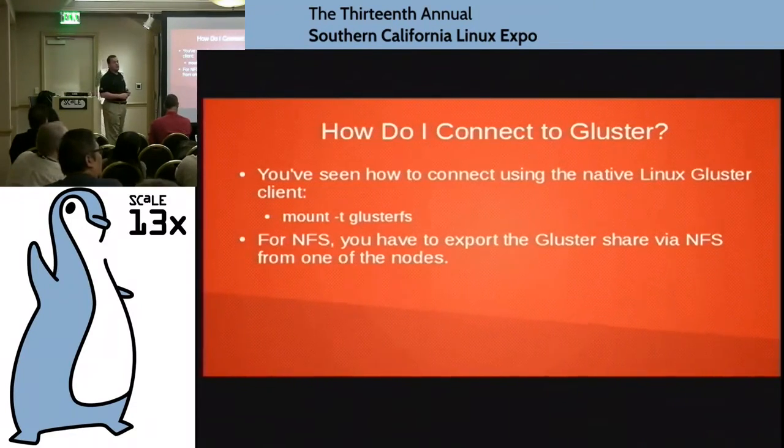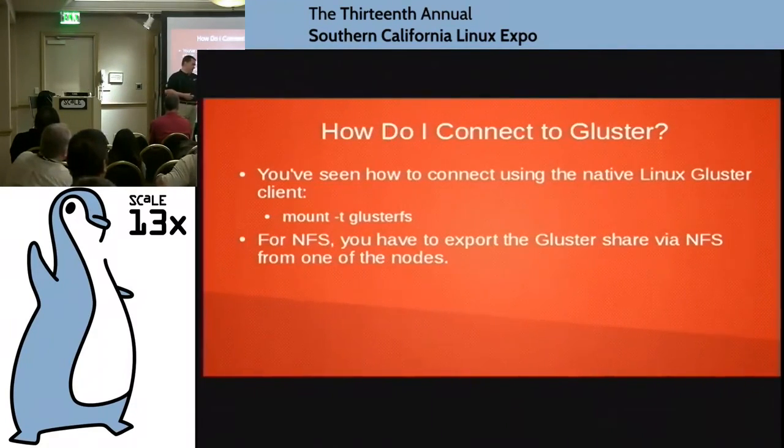I'm sorry? Can it hash it? Oh, I see what you're saying. Not that I'm aware of. If you're going to have a whole lot of files, then you're going to need to pay attention to how you build your directory structure. We don't do that for you. I don't think you would really want us to be saying, we know better than you how you should lay your file system out.